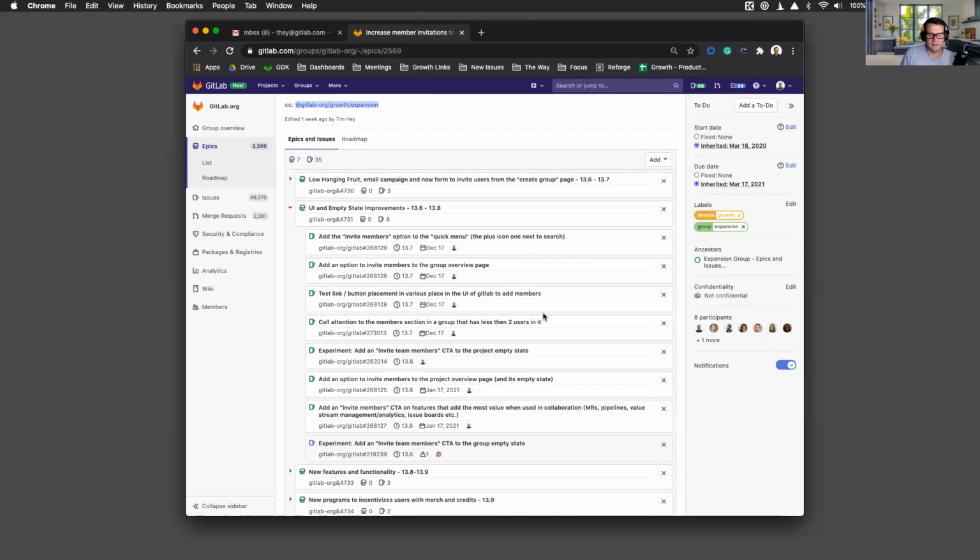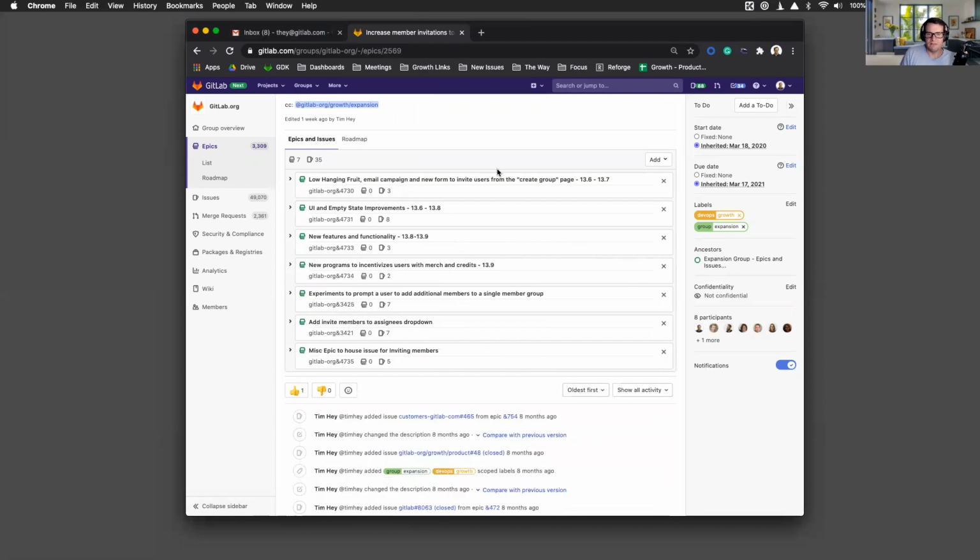And you can see at a high level that we've got 8 issues. One of them has actually already been completed. This one was an experiment to add invite team members. This is going to be shipping in 13.6, which is the current milestone, but the work has been done and it's moving forward. So it's pretty easy for us to go through, have a quick view of this, see the themes for inviting team members to GitLab, which ties back to our overall goal for the quarter and our focus area.